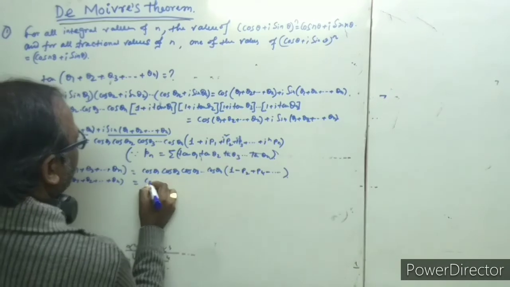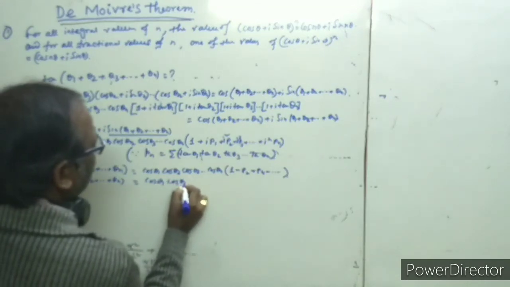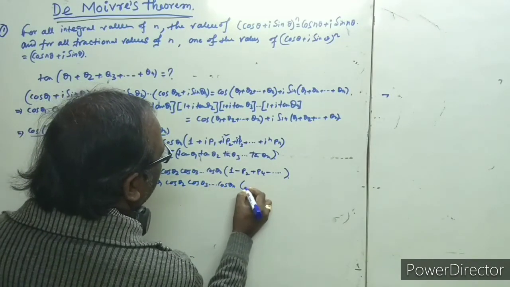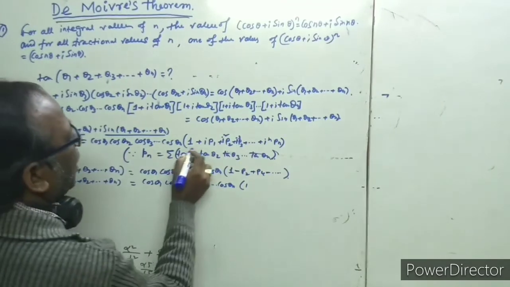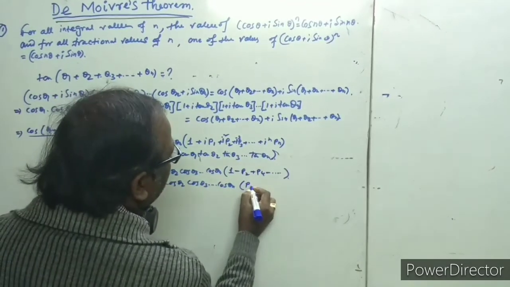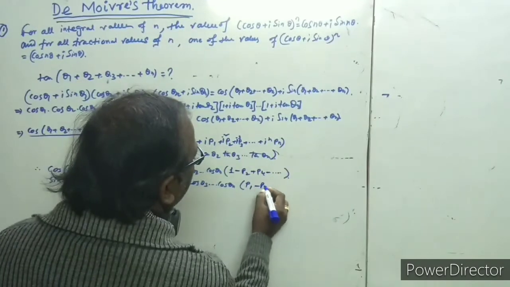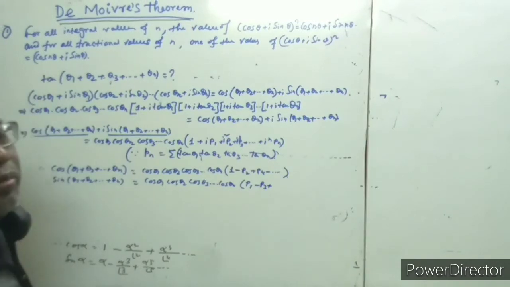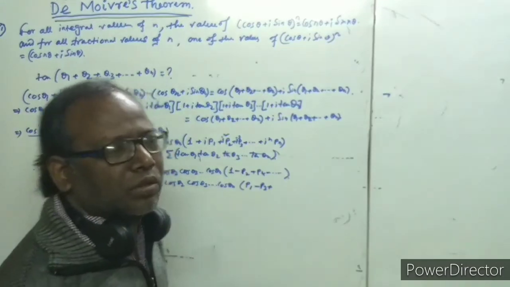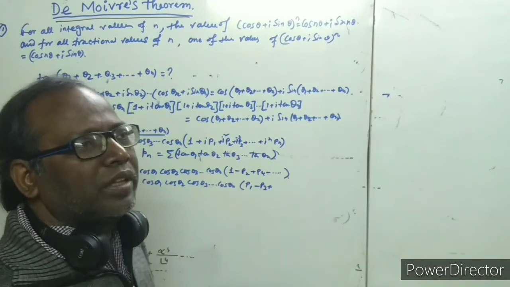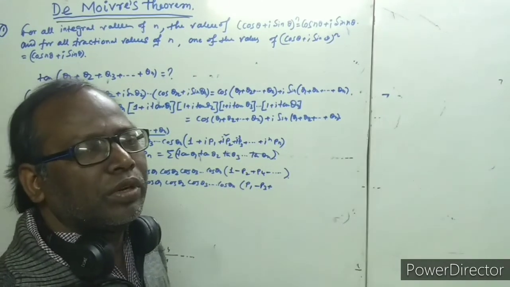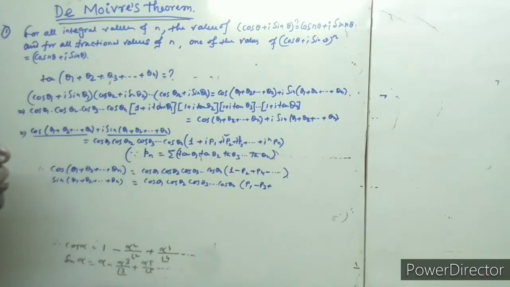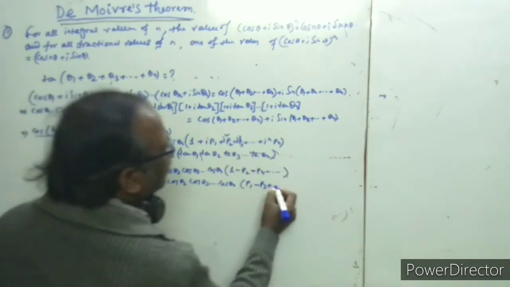And again we compare the imaginary part. This is cos theta 1, cos theta 2, cos theta 3, dot dot cos theta n, and this is equal to the imaginary part here, which is i times p1, and minus p3. After that, p to the power 4 and p to the power 5. i to the power 5 is the coefficient of p to the power 5. Then i to the power 4 into i to the power 4 means plus 1. So it's here i, and this is only the coefficient of the imaginary part, and p to the power 5 here.